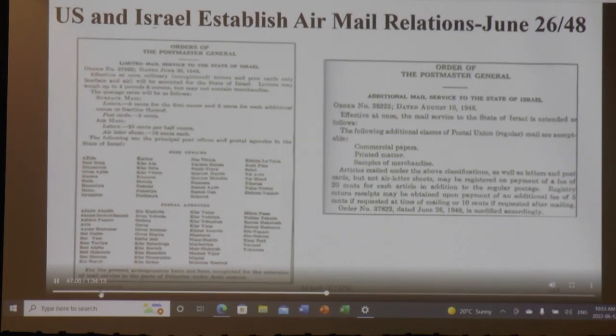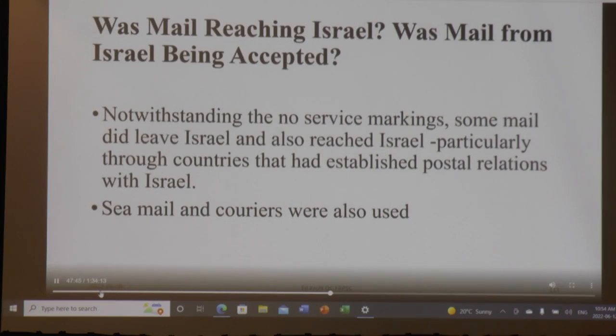Now, on June the 26th, 1948, the United States enters into airmail service with the State of Israel. It already had surface mail service, and then it entered into airmail service with Israel. So certain things did not go out of the United States. Registered mail didn't go at the time. But you'll see all these post offices in Israel which would be able to receive mail from the United States and could send mail to the United States. And this circular is very important because it became the basis for the circular that Canada entered into ultimately in order to send mail to Palestine.